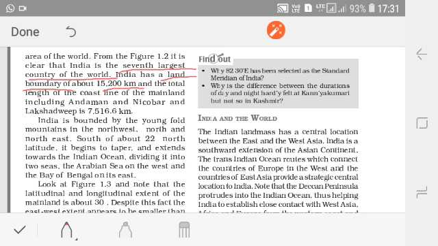And the total length of the coastline, break the word, coast means the area beside the sea, and of the mainland. So the area beside the sea is the coastline. And when we say coastline, this means Andaman and Nicobar